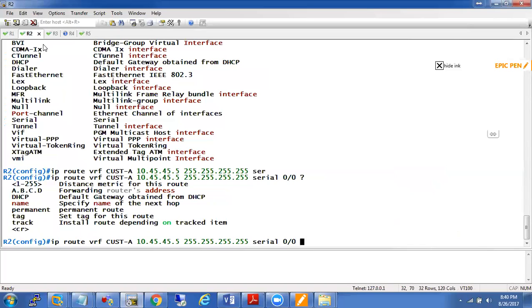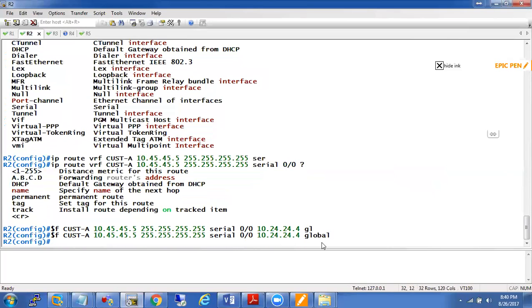All right. And 10.24.24.4, but with a global. So point the route towards what? The serial 0/0 interface, which is in the global routing table, but you need to put that global at the end. The next hop is 10.24.24.4. So that's how I create the route, and if you take a look at your routing table now,